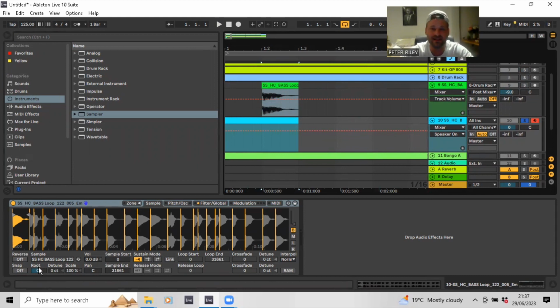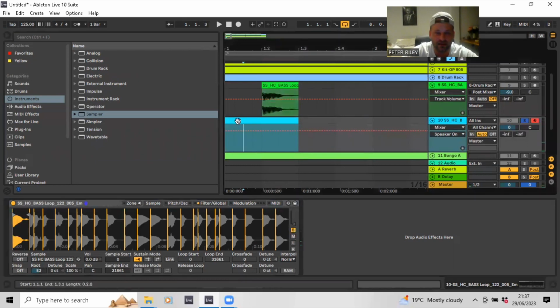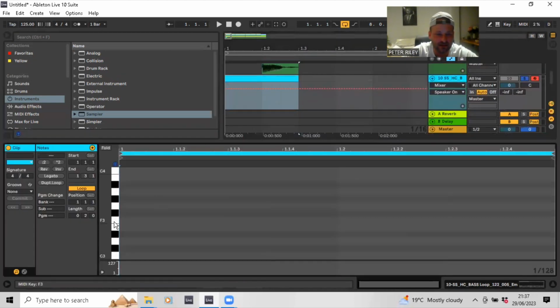So when I play a C, it will pitch it down. So if I leave it as it is, you'll hear it's the same. If I move this up to E, which is the root note, and then play it, it's going to sound different because that's a C. And then from there, completely in key. So when you start playing an actual E here,